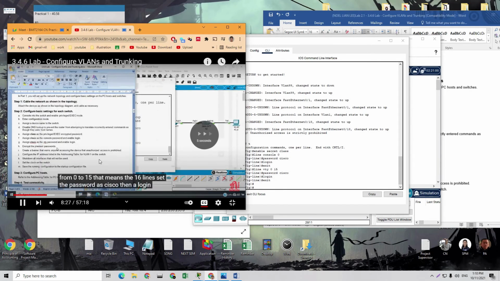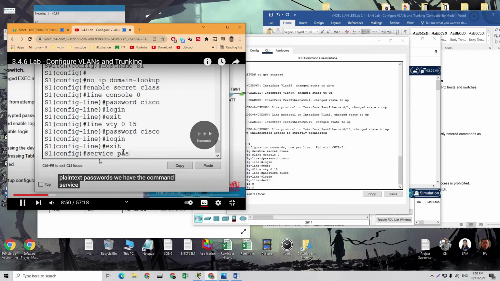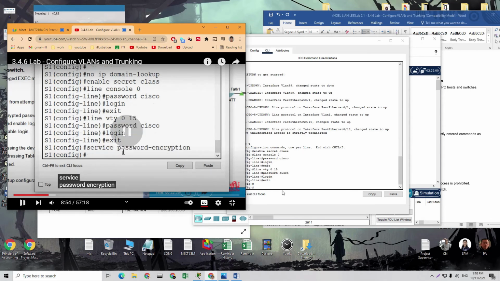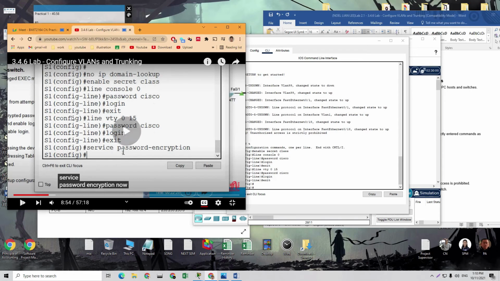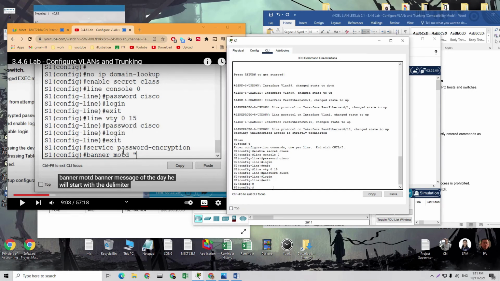For all the lines, okay, then service password encryption. Now we will set banner MOTD, banner message of the day. We will start with the